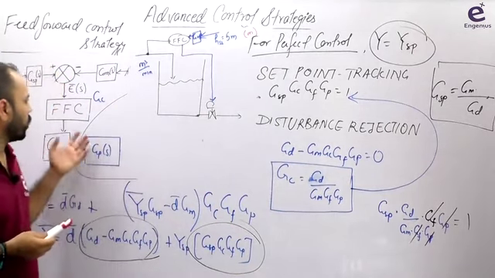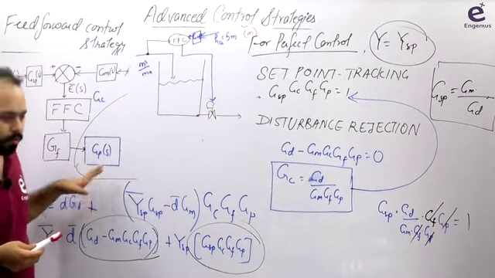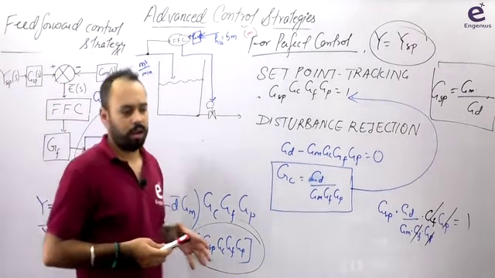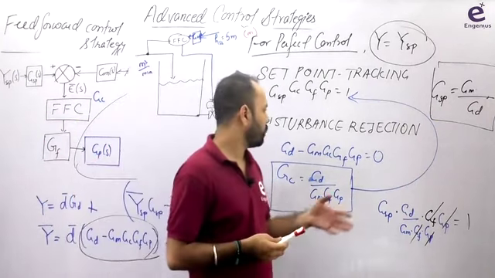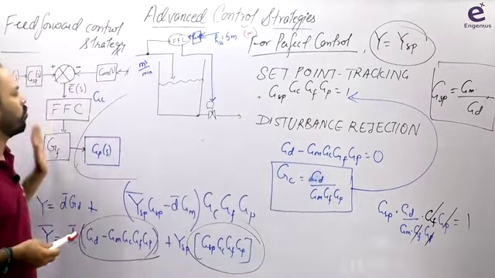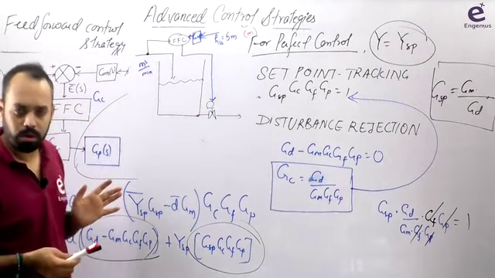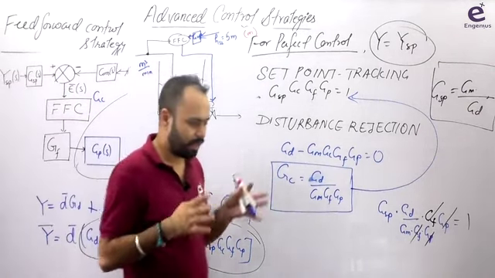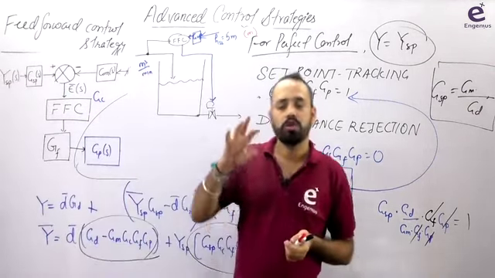But I told you what are the problems associated with the feed forward control: the modeling must be very much accurate. ठीक है, इस पे theoretical questions कई बार आ चुके हैं, and there have been a lot of problems in GATE regarding these two. So आप इसको देख लो. And this was all about the feed forward control strategy and cascade control strategy, and that makes the discussion on advanced control